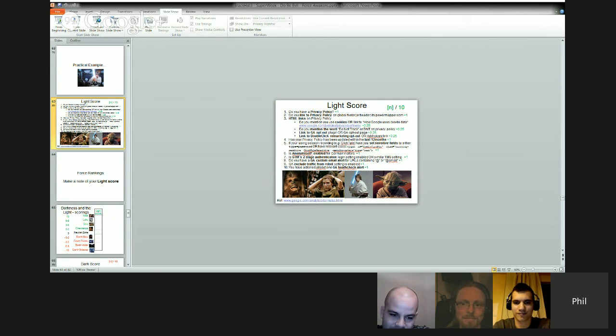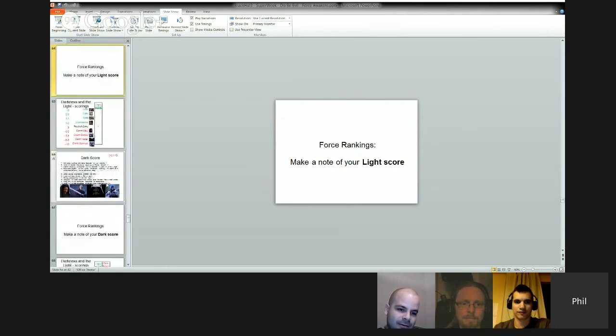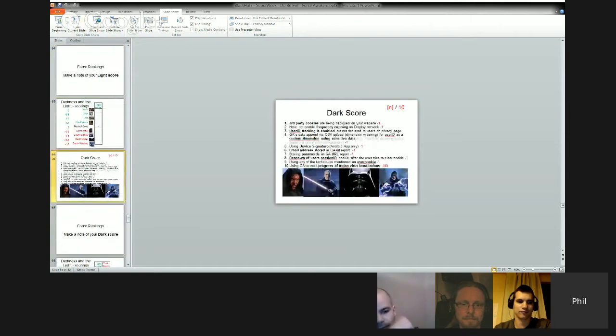The next bit of it, so this is how good you are and how proactive you've been, and then the next bit was how evil or mean you've been. So Thomas, you're asking about what is black hat or what is the dark side. So this is where it gets interesting, where people have been maliciously cheating the system. So this is a scoring of evilness.